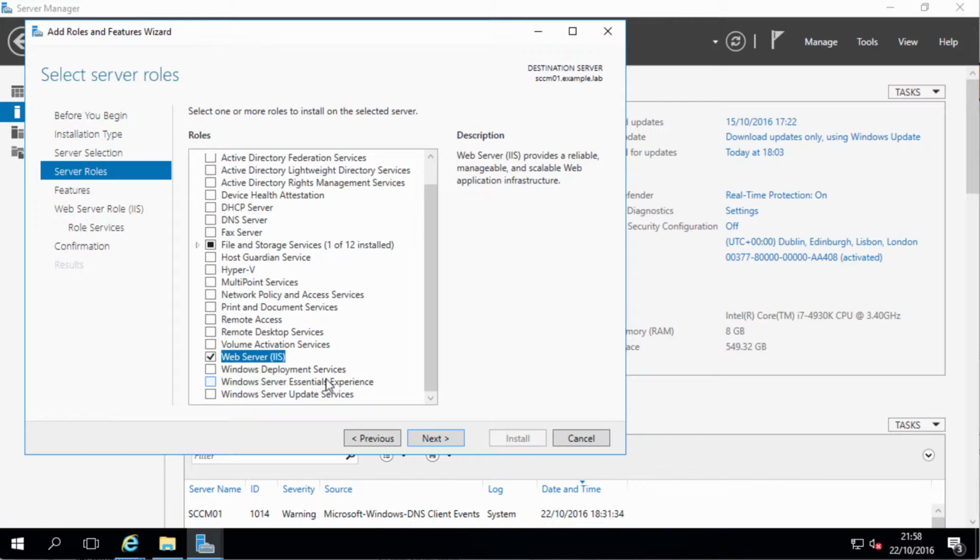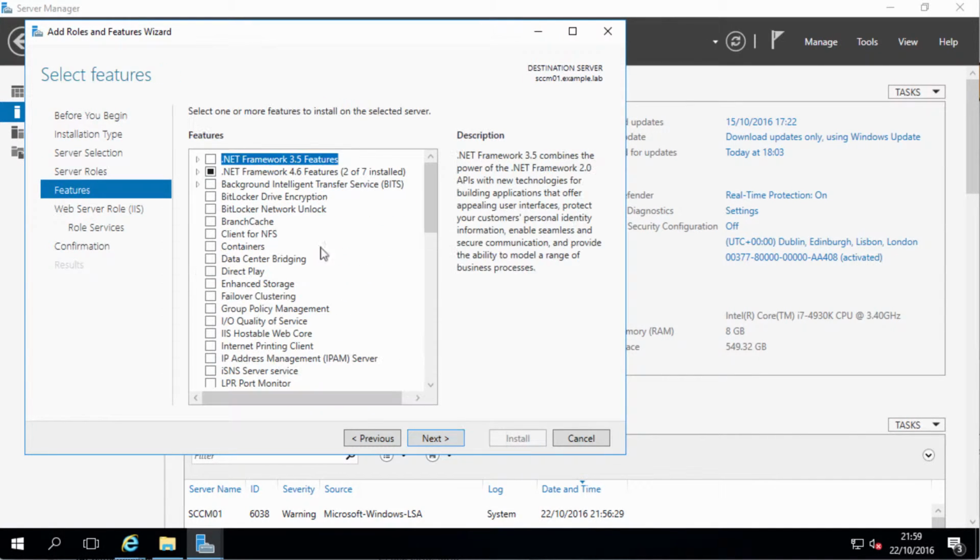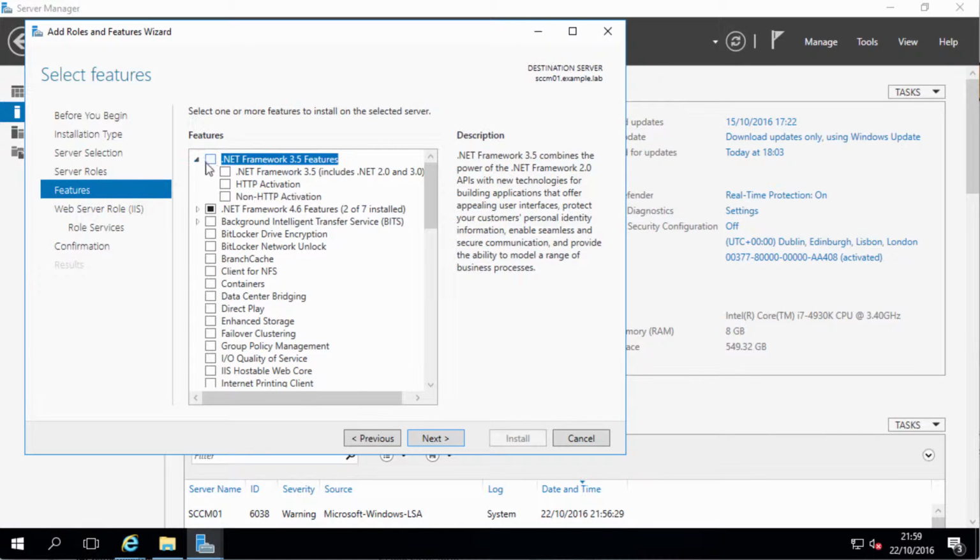It has to be installed before we install the software update point, but to do a base central site server we don't actually need to do that, so we'll leave that uninstalled for now. Generally speaking, the deployment services is needed if you're doing PXE multicast hosts on the distribution point. So we'll leave that unticked for now, just to show you how to install that in a later video. But for now we need the .NET Framework